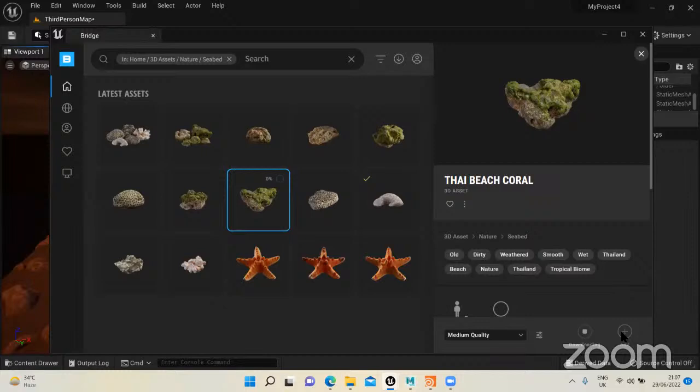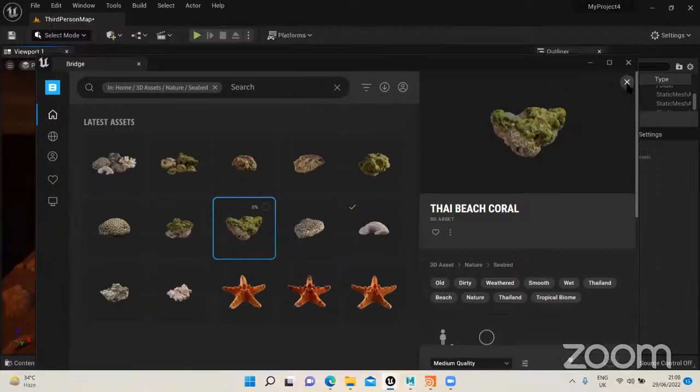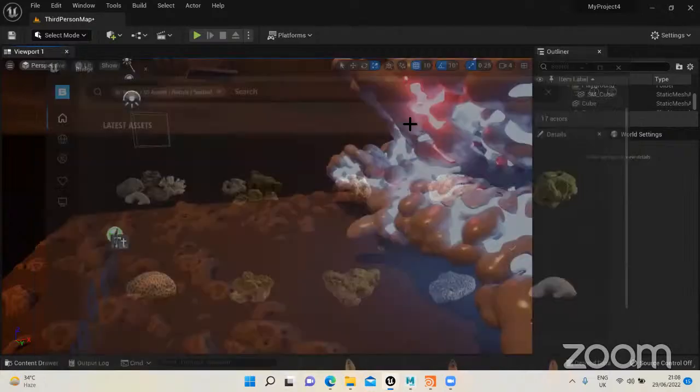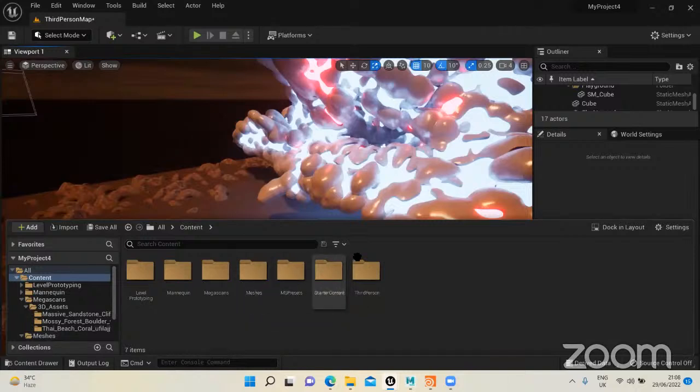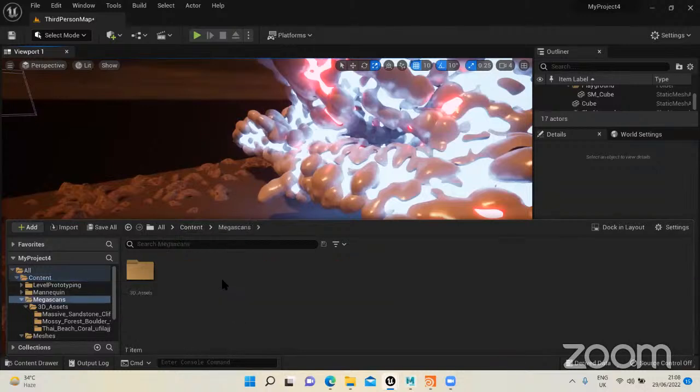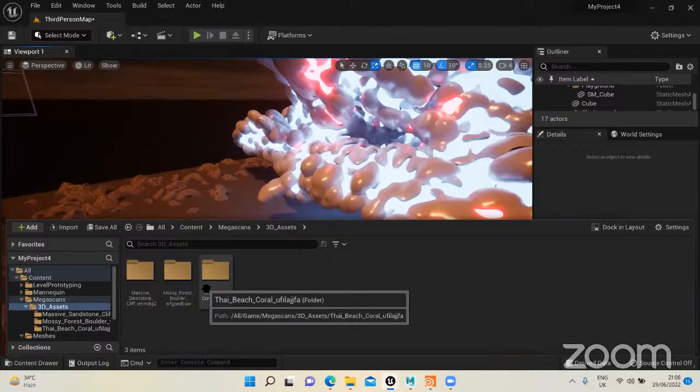Now the content browser, I just explained to you where you press Ctrl+Shift and it adds everything over there. I will quickly show you how it's done. Okay, since I already have some stuff, I can show you. After you click on that add button, you get a folder in the content called Megascans. And in this, they create their own folder called 3D assets. And these are 3 OBJ or 3 models which I took from Quixel Bridge for this particular